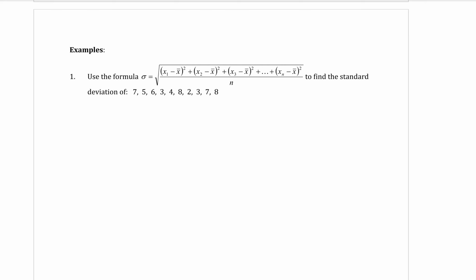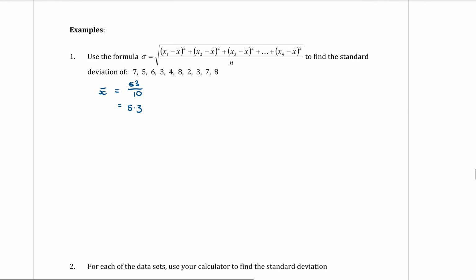The mean is adding up all the scores, so 7 plus 5 plus 6 and so on, add them all up and we get 53, and dividing by the number of scores, and if you count them all up, there are 10 scores there. So the mean is 5.3. Okay, so here we go for our formula, and write small in here because it's going to take up a bit of room. So our standard deviation, we need a big square root sign,